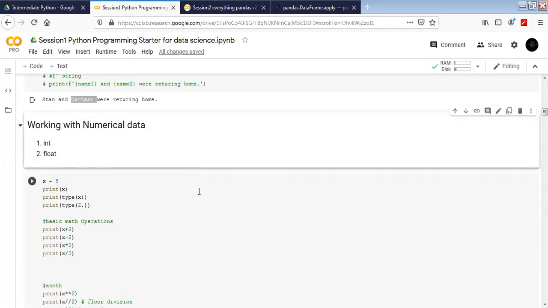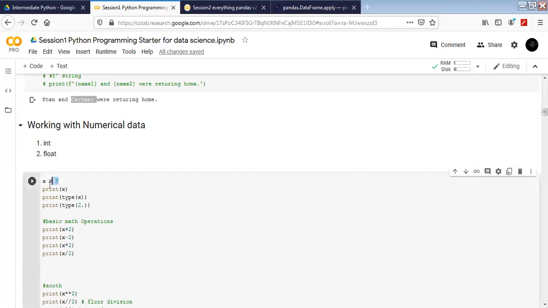Let's move to the numerical data. In Python, there are two kinds of numbers: integral and non-integral. Integer is basically the integer-based number, because they are fixed numbers. For example, if you have 5, this is a fixed number. We don't need any special way to represent it. But there is something called a float number, which is not integral, because it needs a different kind of representation where we have to use a point. So we have integers and floats.